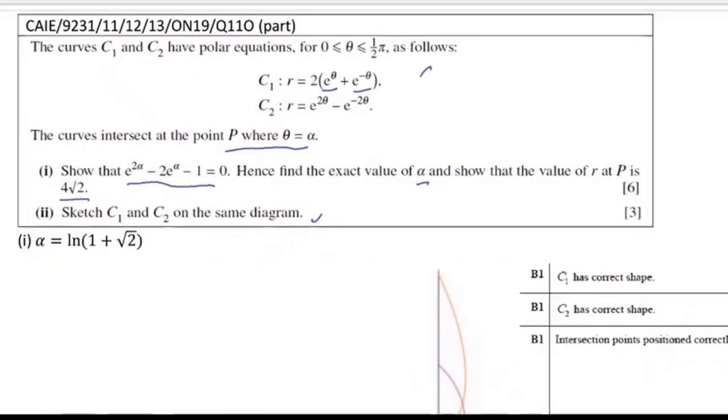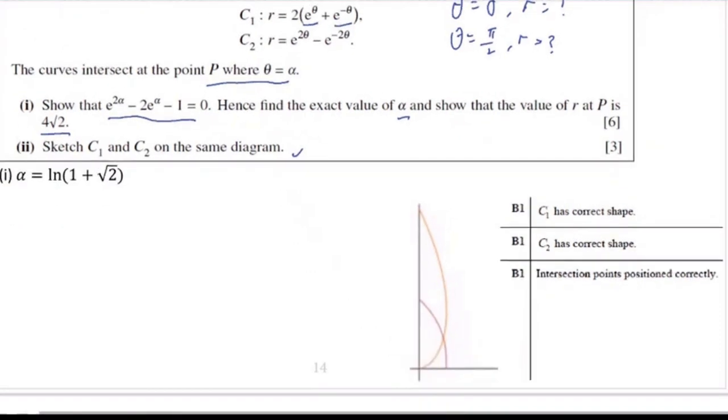So for C1, we can sub in theta equals 0 and see what happens to R, and theta equals pi over 2 and see what happens to R. And we can sort of guess what the property of C1 is. So in the case of C1,